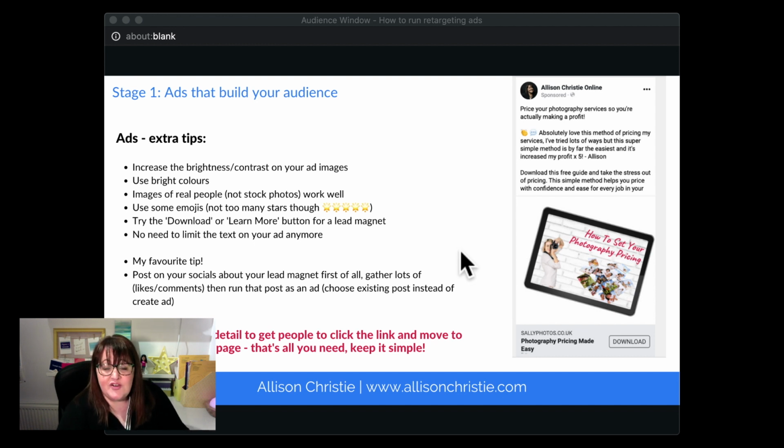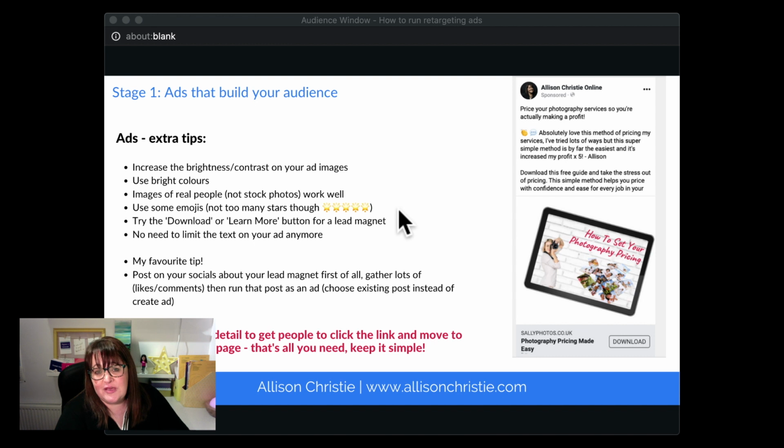Use some emojis in your post, but don't use too many, and don't use too many stars. If you try and add something like this with lots of stars, it can look like you're trying to say something has a 5-star rating, and ads have been rejected for that kind of use of emojis. And also be careful when you're using them, not to use them as bullet points, for example.